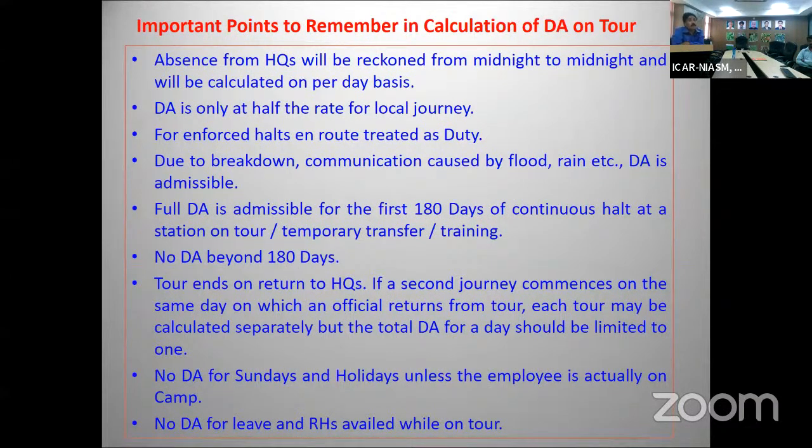from tour, each tour may be calculated separately, but the total DA for a day should be limited to 1. मीन्स वो बोल रहे हैं अगर सेम दिन में आप आके पहुंचे, फिर आपको अगर टूर में जाना है, आपको टूर में सेपरेटली सबमिट करना है, जो भी करना है, लेकिन उस दिन का तो डीए आपको टोटली एक ही मिलेगा। ऐसा नहीं कि यहाँ 70 ले लेंगे, वहां भी 70 ले लेंगे, तो एक दिन में आपको 1.4 तो नहीं होगा।